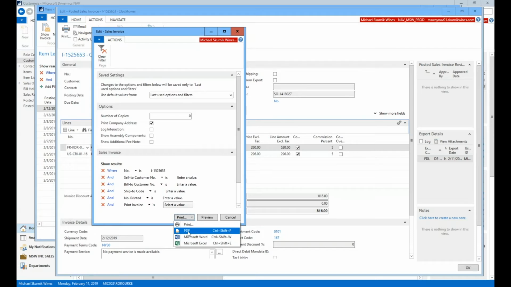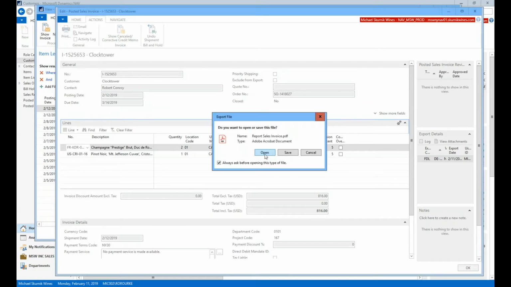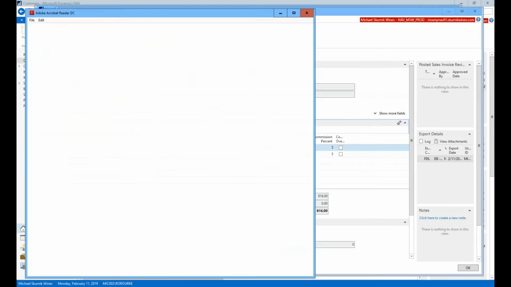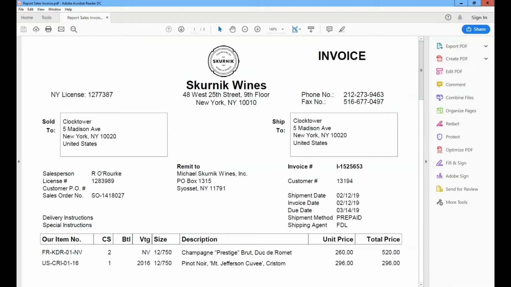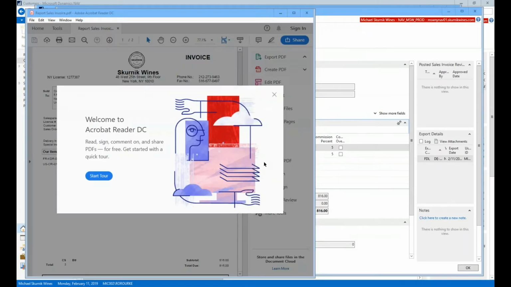Printing to PDF will show us the invoice as it's generated and printed here if we were to mail a customer an invoice, or for Fun Luck deliveries, they're now using our PDF, so this should look the same. If we open PDF, open the file, this PDF looks just like it did in the old system,